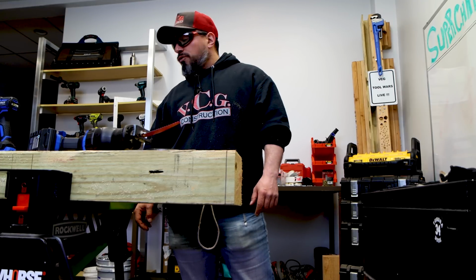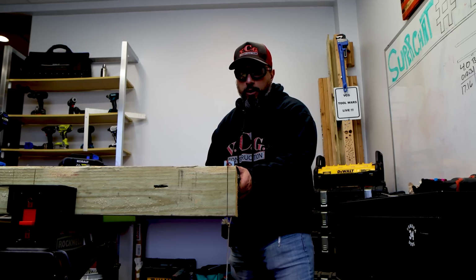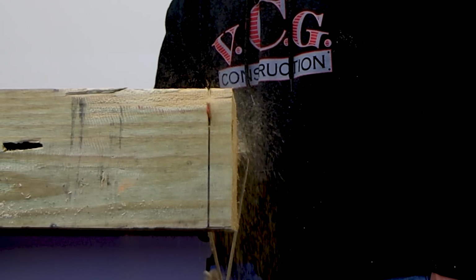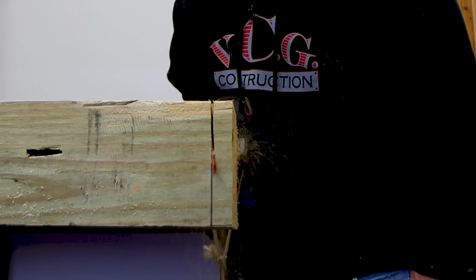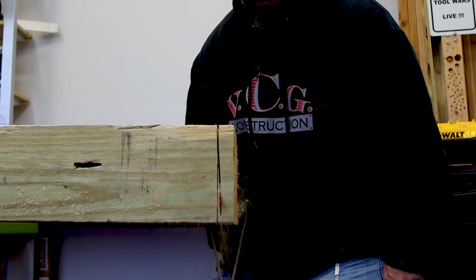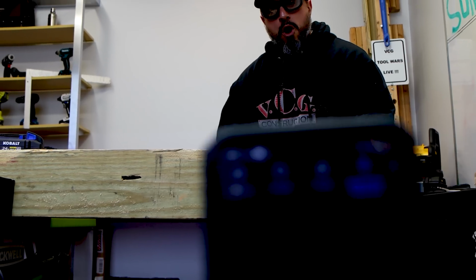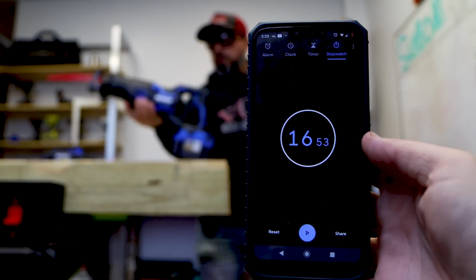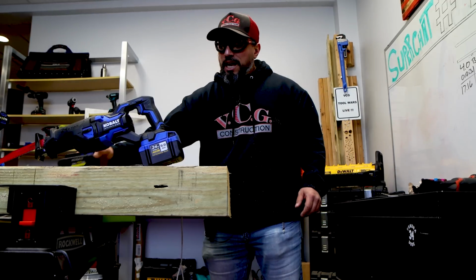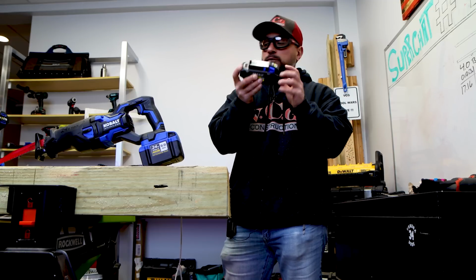How about we try it with a 6 amp hour battery? Tell me when you're ready. Orbital off, right? This is orbital off, 6 amp hour battery. Well, I threw it at Nick. Whoa, that went flying. That's non-orbital, 16.53. It's crazy. I like getting to the bottom of this. I will say this, it was a little heftier with the bigger battery. I like the compactness of the 4 amp hour, but